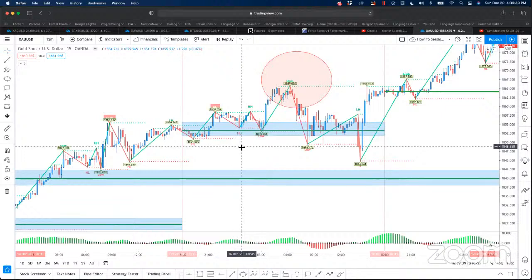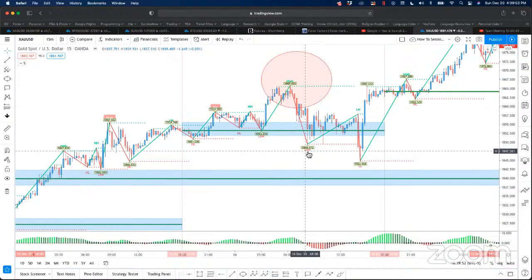Your Tuesday, Wednesday trading is equivalent to your London session trading. Your Wednesday into Friday trading is equivalent to your New York session trading, where